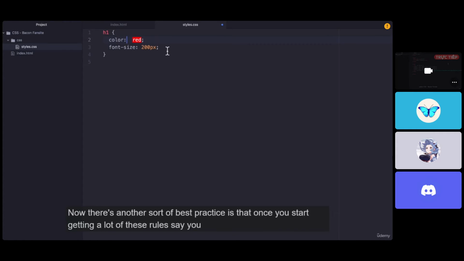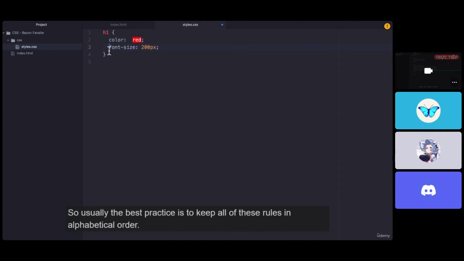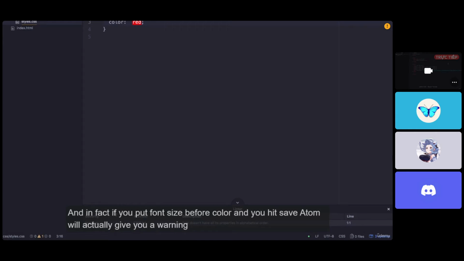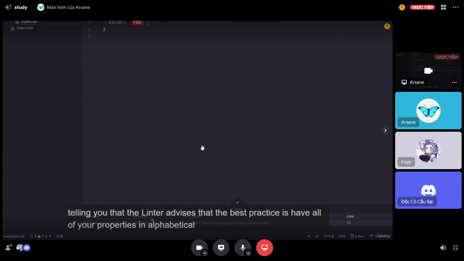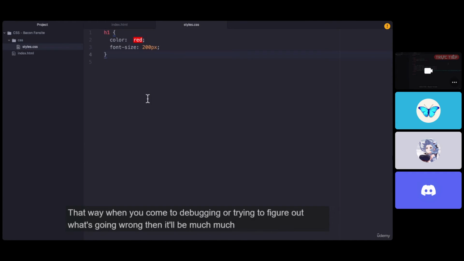Now, there's another sort of best practice is that once you start getting a lot of these rules, say, 20 all in one paragraph, then it starts getting hard finding them. So usually the best practice is to keep all of these rules in alphabetical order. And in fact, if you put font size before color and you hit save, Atom will actually give you a warning telling you that the linter advises that the best practice is have all of your properties in alphabetical order. That way, when you come to debugging or trying to figure out what's going wrong, then it'll be much, much easier to